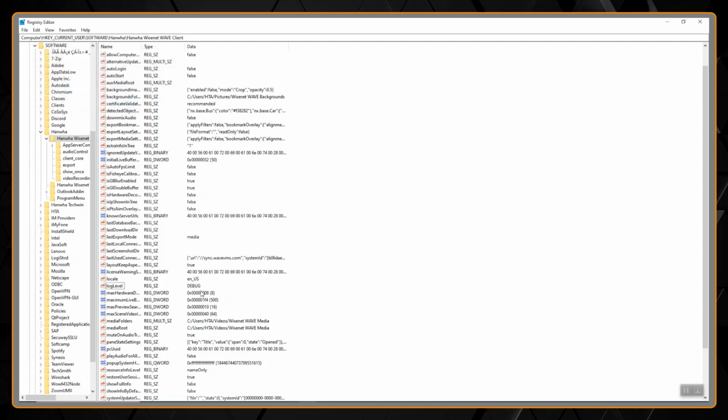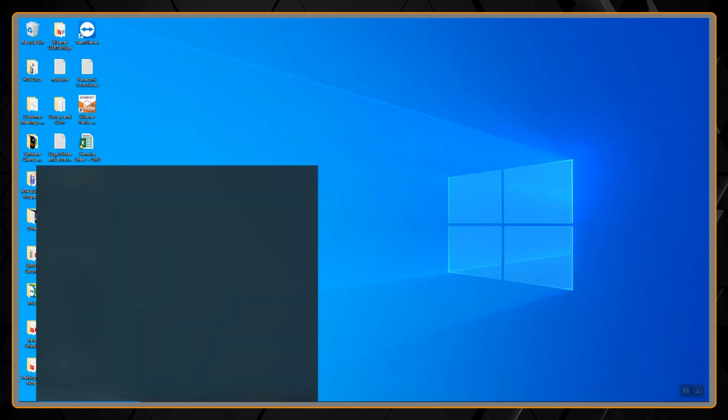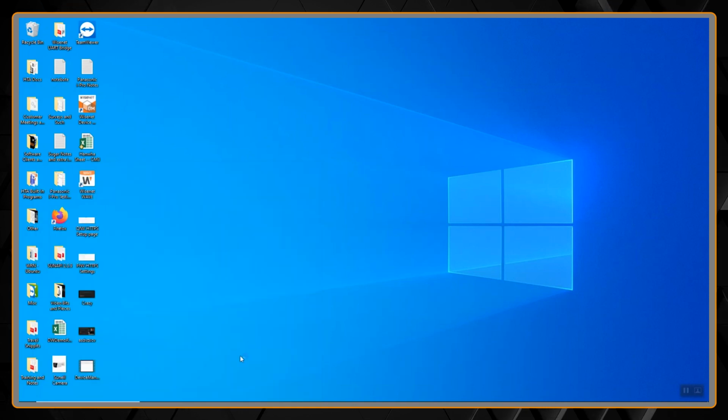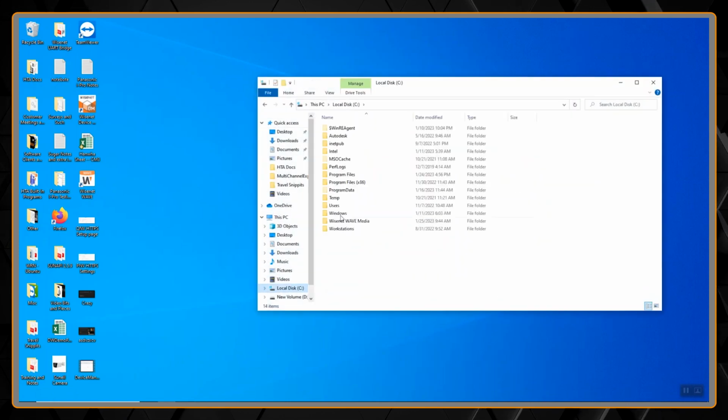Now that those are set to debug, we just need to restart the client. So let me close out of regedit, close, reopening Wave. And while that is restarting, we're then going to navigate to the C drive,